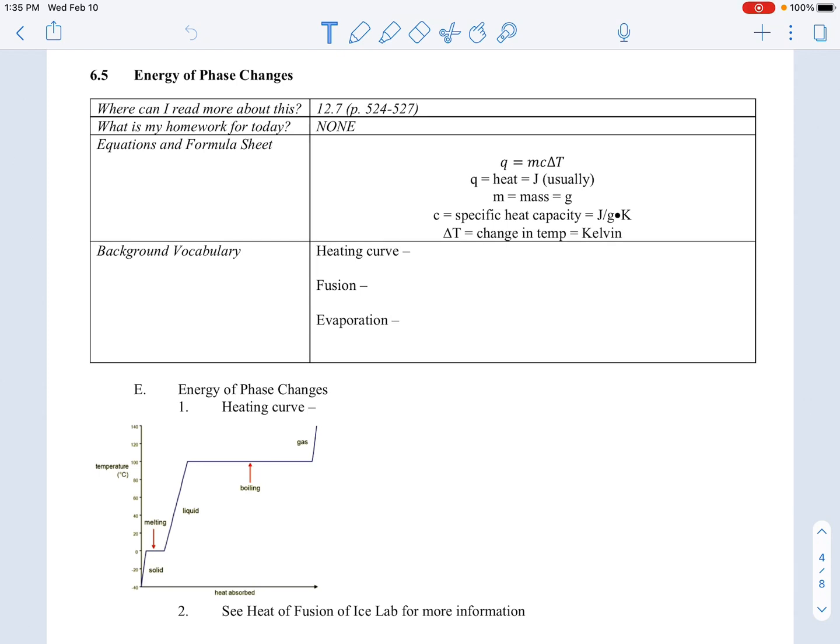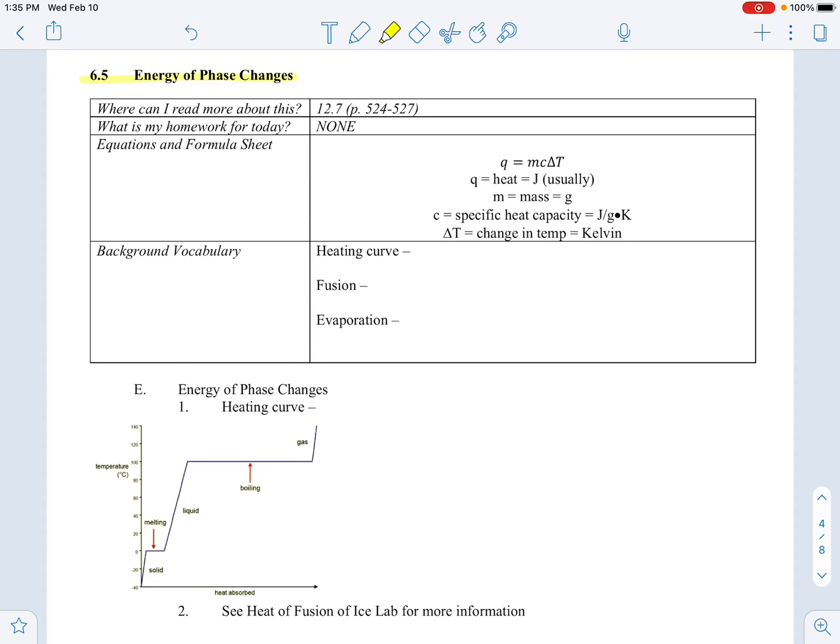The lab we do actually helps illustrate it a lot better, but I also like to get this video in so we have an idea before we do the lab, or maybe even after, depending on where we're at. So this is energy of phase changes, and this is maybe something you saw in your last chem class and maybe not, so we'll assume no one has seen it and play it that way. You're still going to use Q equals mc delta T, but